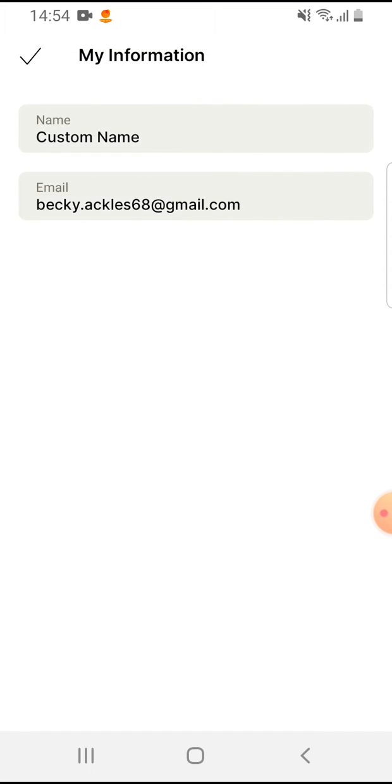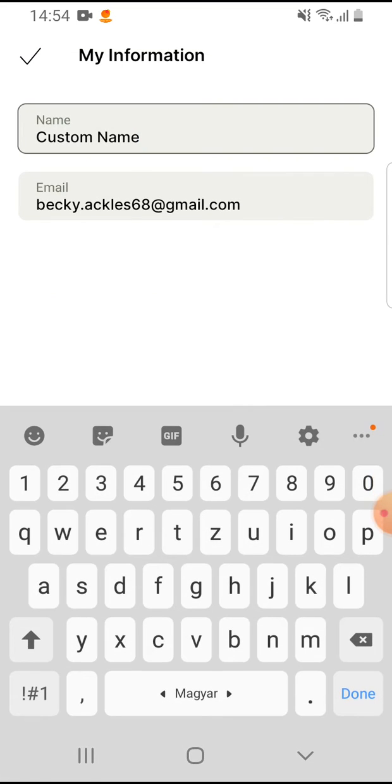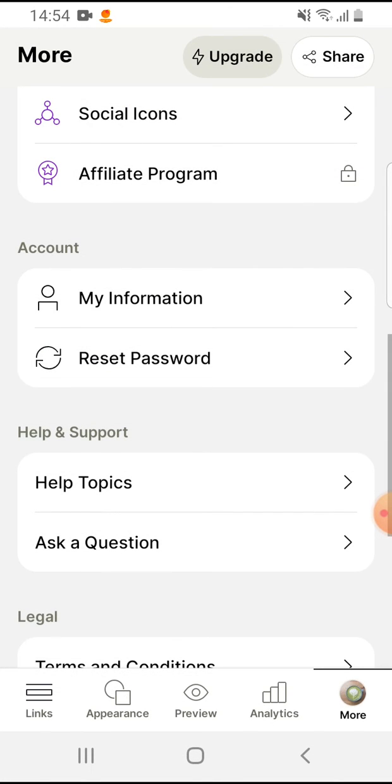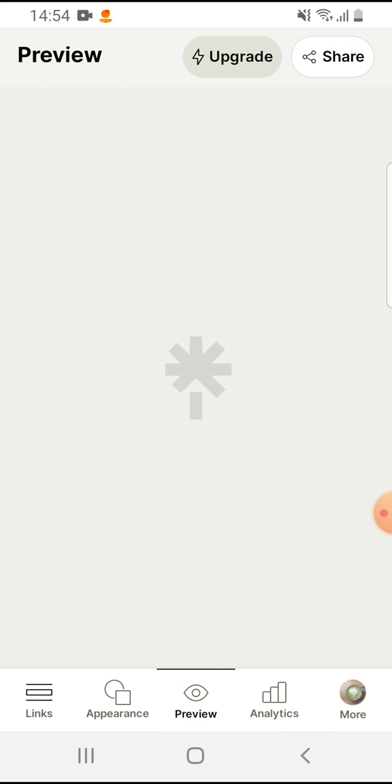Tap on it, then here you can change your name, tap on Done, and on the top left corner you can accept it, and if you go to the preview